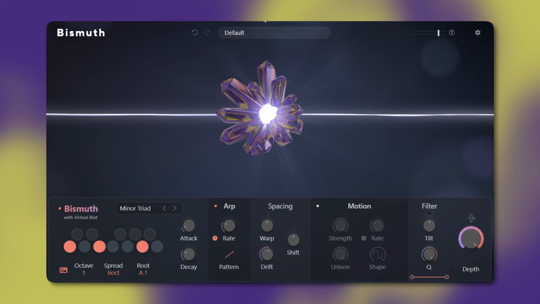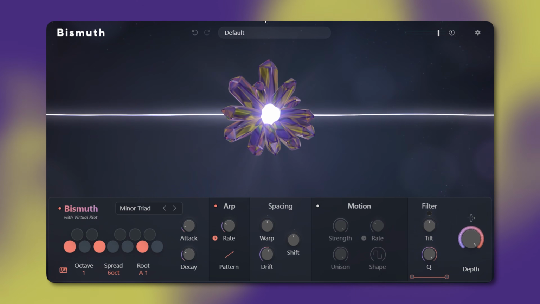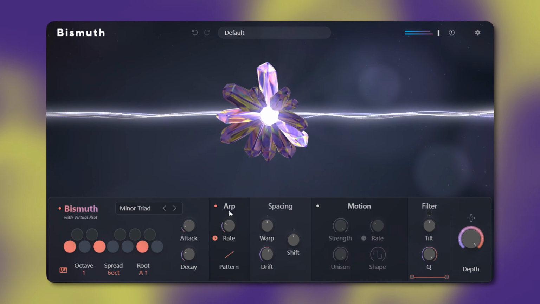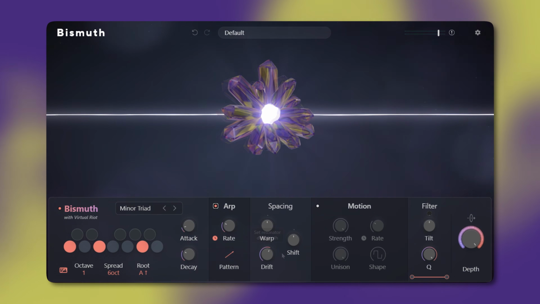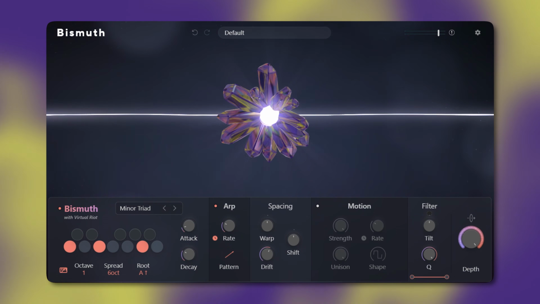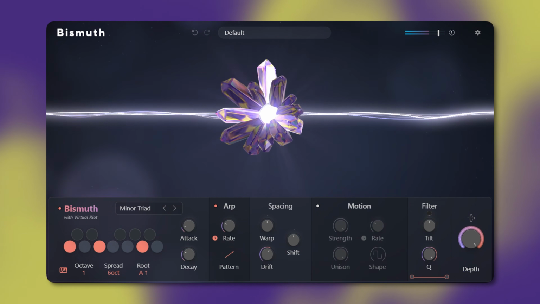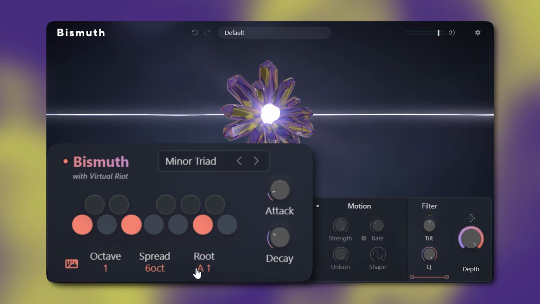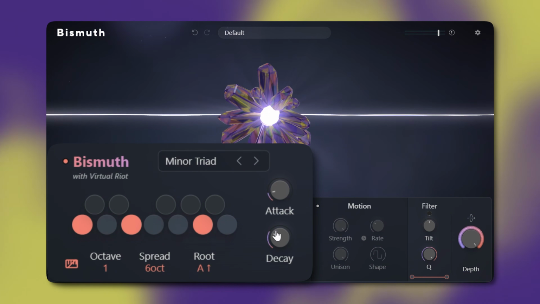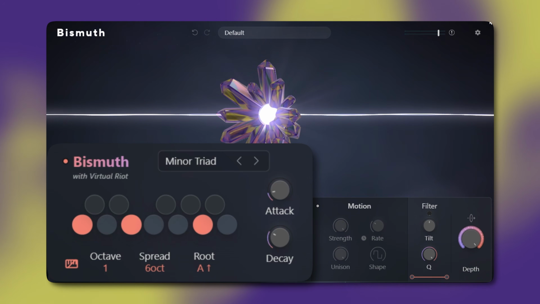So as I mentioned earlier, you can use Bismuth as an idea starter to guide your session. So here's the final sound I created with the white noise. I decided to use the Arp mode with a bit of drift. Then I added a drum and bass beat on top. And since our chord is in the root of A selected in Bismuth, this gives us a clue on how